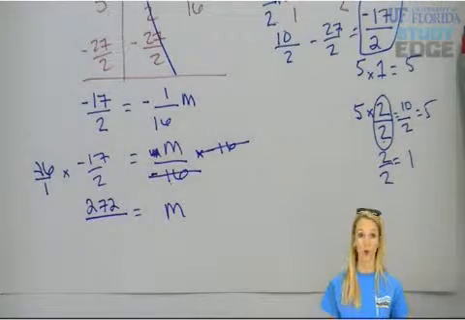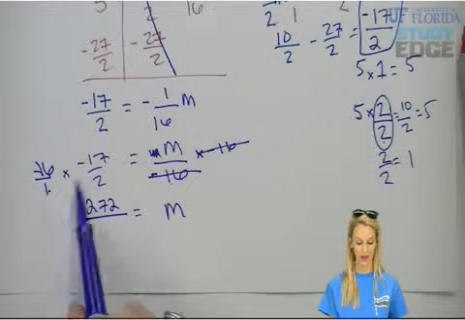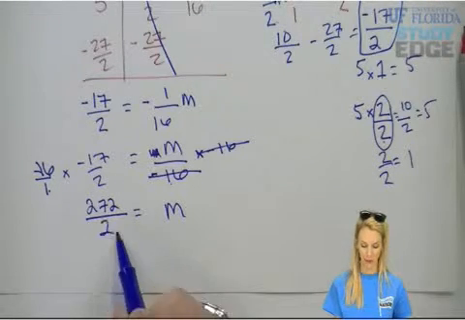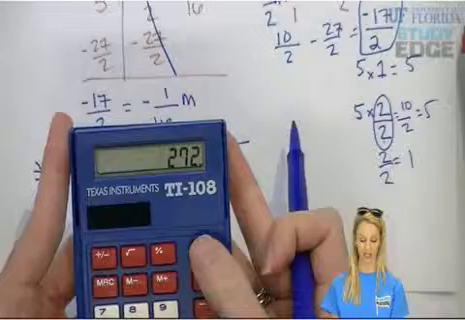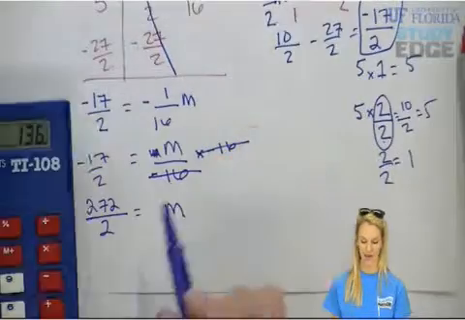Are we done? No. We still need to multiply out our denominators. 1 times 2 gives me 2. Okay, does 2 go into 272? Yep, 272 is even. So I can divide 272 by 2, and I end up with